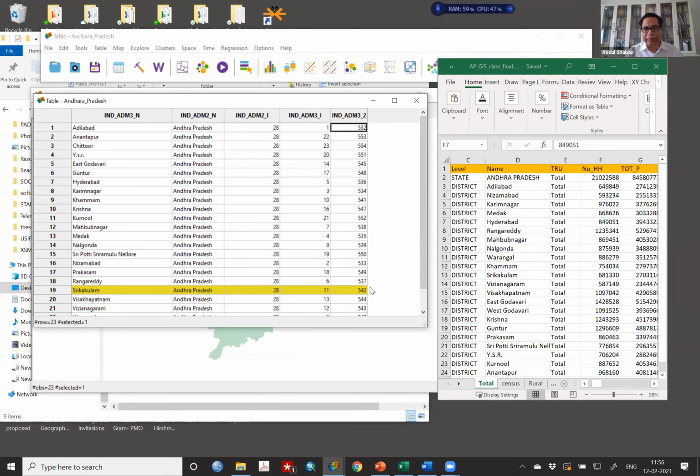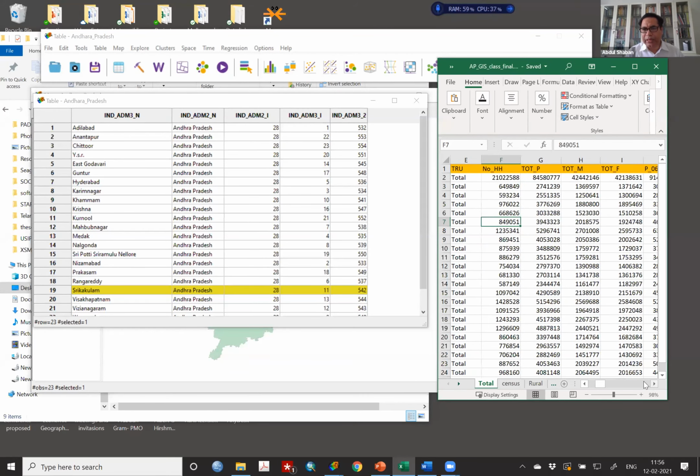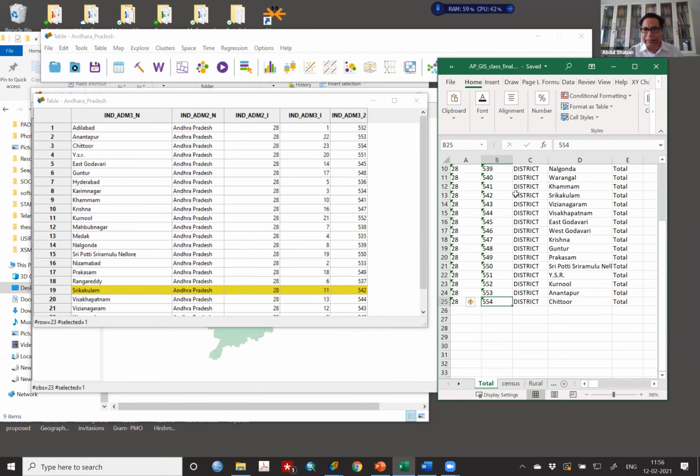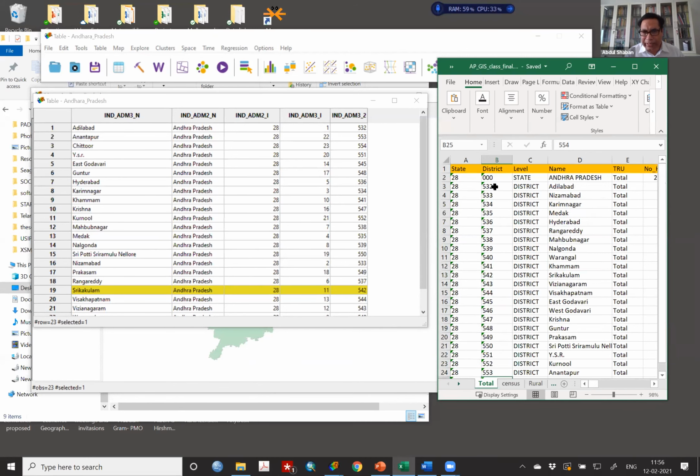These things you remember. India admin 3, in each state you will have this. And in each state you will have districts, because that is the way we have downloaded the shape file and Excel file from the census and created them. So do not change anything here. If you change anything here, it will go wrong and your file will not match. Assuming that this was not available, then what would you have done?